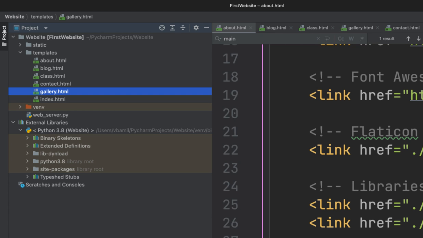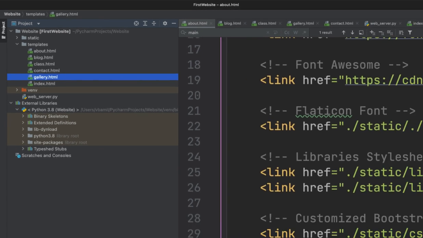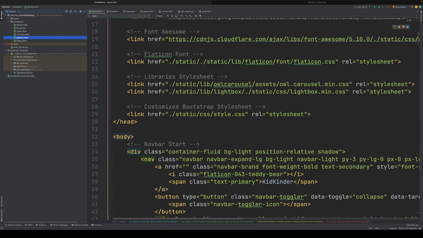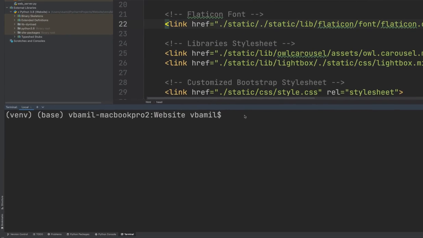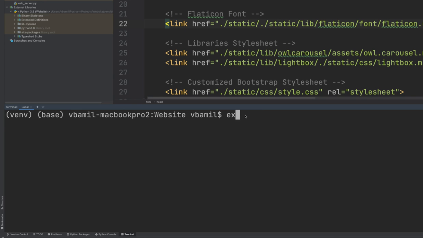So it seems like the server is not running because we are coming back to this project after some time. So let's run our terminal. Okay, so now in order to start our web server, we have to call it export FLASK_APP equals to our Python file name. So that is